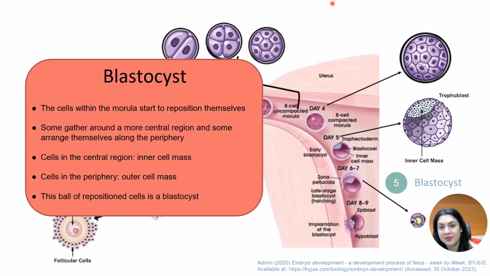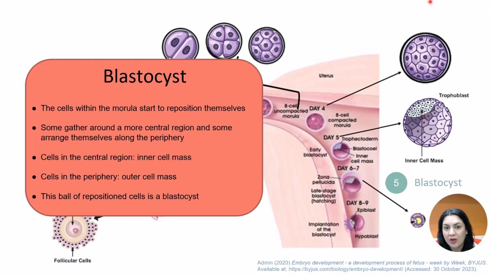So within the blastocyst, some of these cells are going to gather here in a more sort of central region off to one side, and the remainder of the cells are going to kind of arrange themselves along the periphery. So the cells in the central or inner region are going to be known as the inner cell mass,